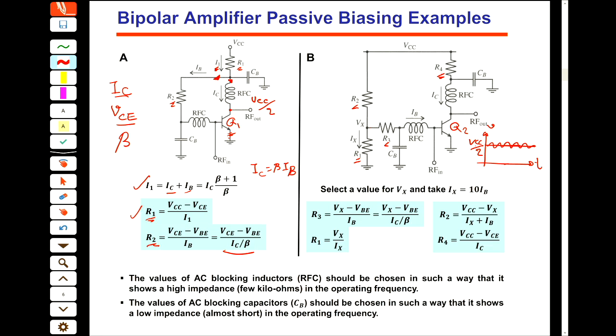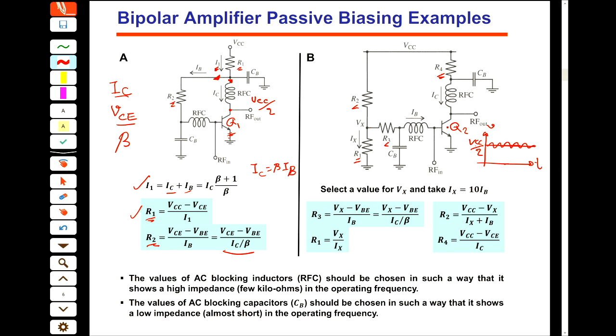And VBE should be greater than the voltage threshold of the transistor. If the voltage threshold is 0.6, 0.7, 0.8, then you need to replace it here. This is very simple. For this configuration,